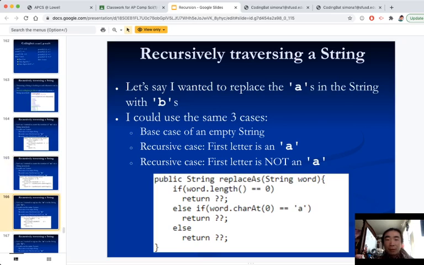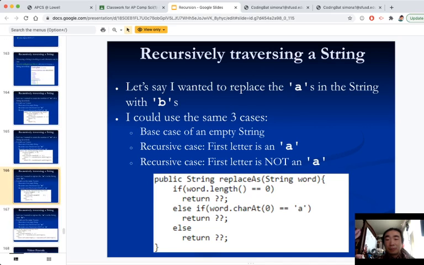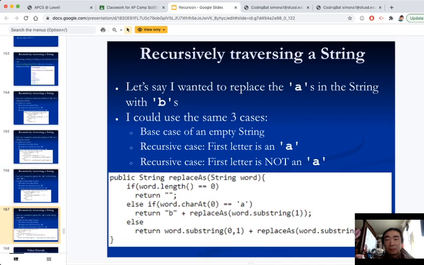So notice how we would change this to check for things like lowercase b. You can imagine the stuff that changes is just this part over here, that character. Oh, sorry, I read the problem wrong. We are replacing a's with lowercase b's, not just